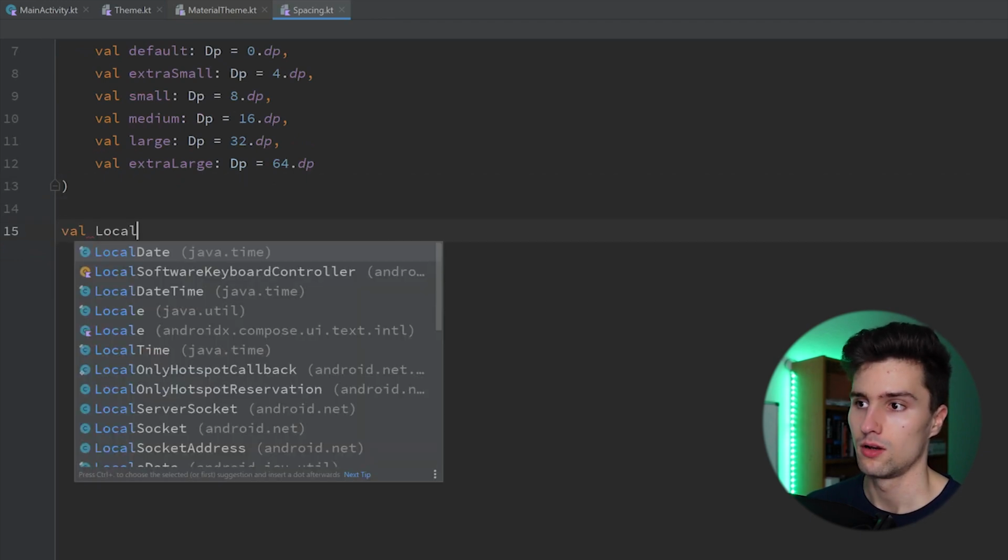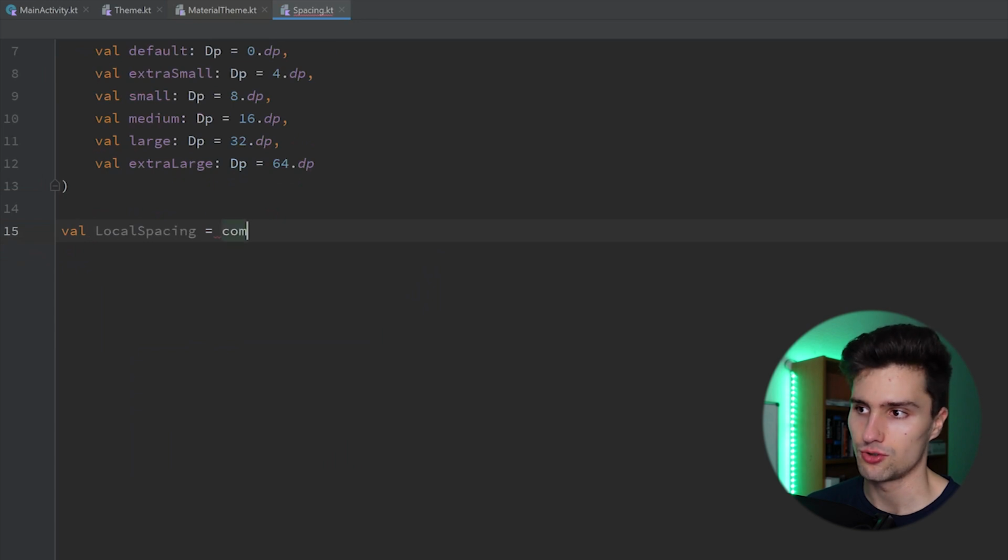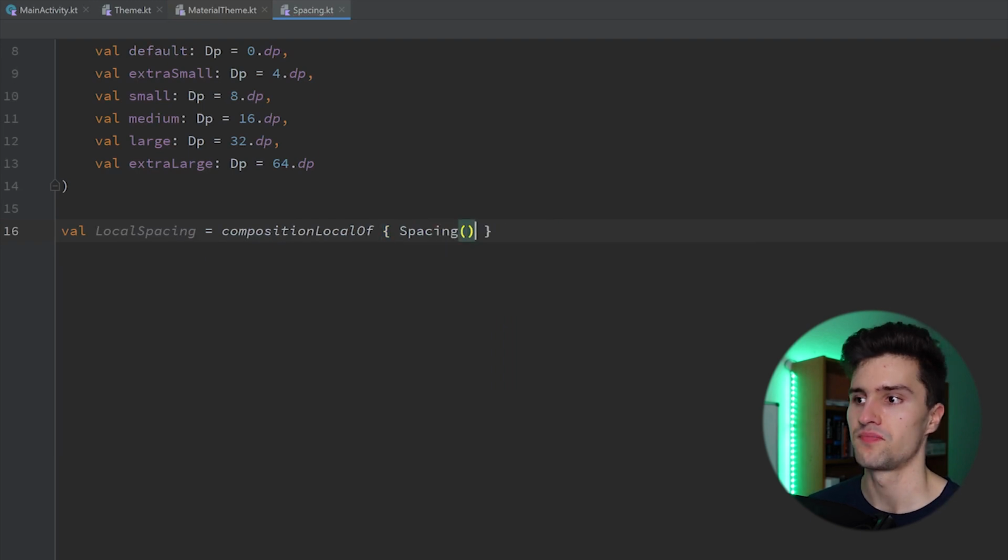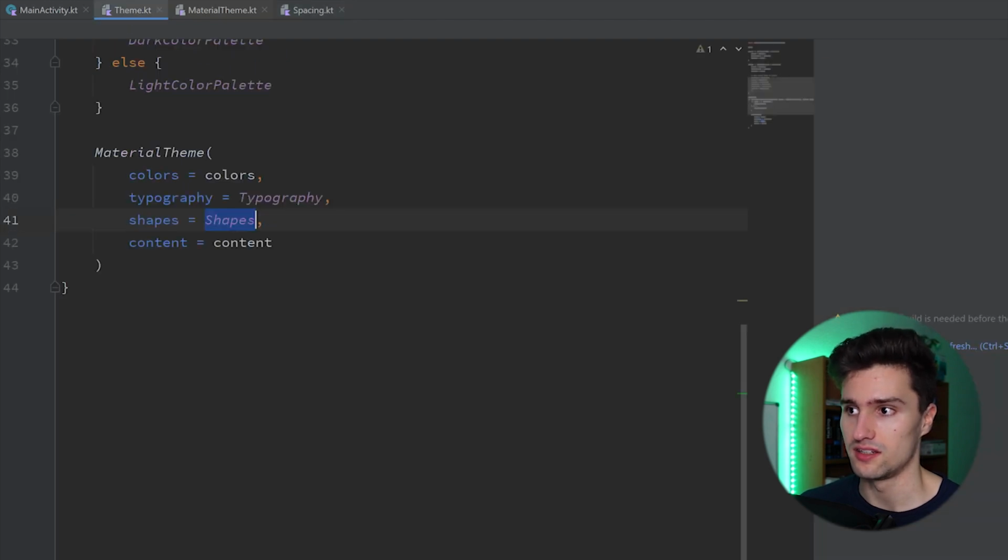So val LocalSpacing is equal to compositionLocalOf. And here we simply create an instance of our spacing class. And that is already it for creating this LocalSpacing. We don't tell Compose yet that we actually have this and what it should provide. We can do that in our theme.kt file